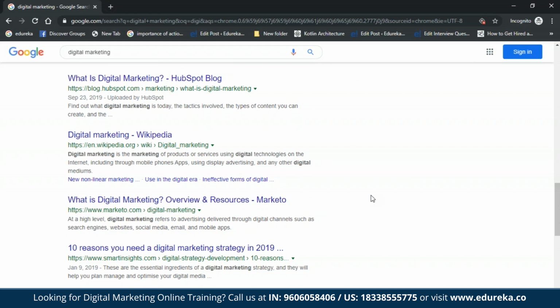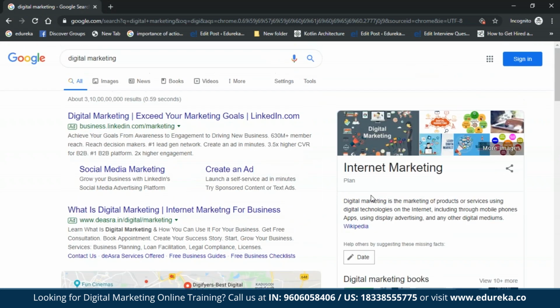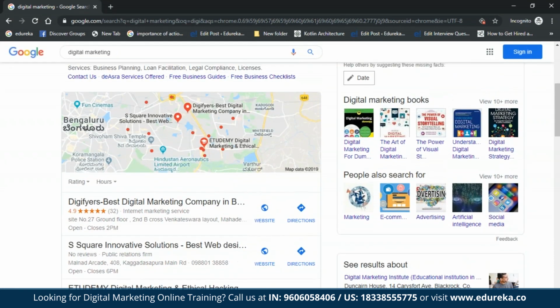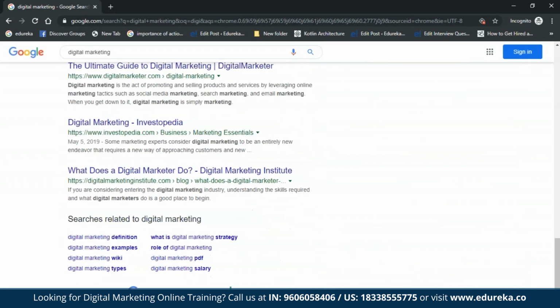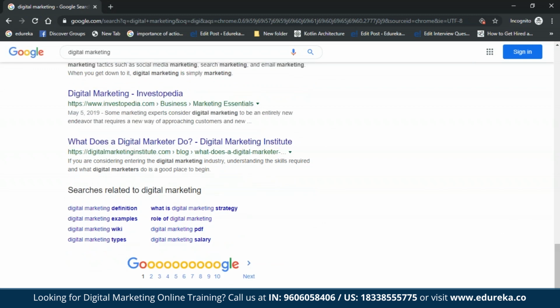You can see that all the topics are different, but the keyword is similar. The keyword digital marketing is the same, but you'll find all the other things revolving around it. All the other words corresponding to the keyword digital marketing are changing. So this is exactly how you should create your titles. Your titles should be very unique. Do not try to copy anybody else's, guys. This is going to result in a downfall of the article or blog that you're writing, and it is not going to be present on the search engine pages.